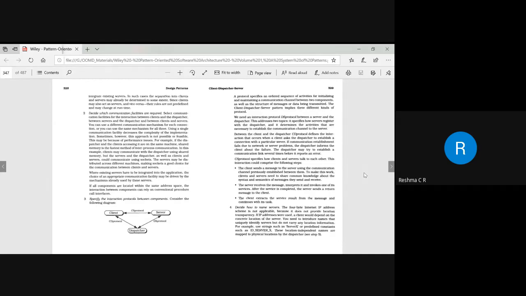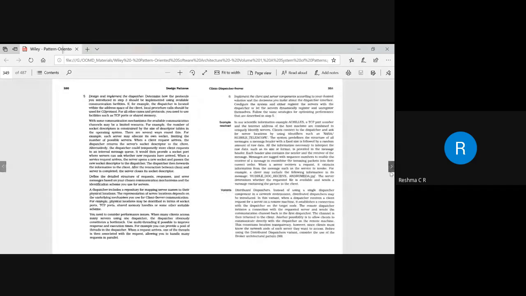Decide how the name has to be identified. There is a format, right? Naming of a server. So it uses a 4-byte internet IP address. So in computer networks, you have seen the networks on the subnet, how the naming is going to happen, right? So yeah, the naming will be taken care of with respect to the IP address. So depending upon the IP address, we are able to determine the location of the server or the location of the client.